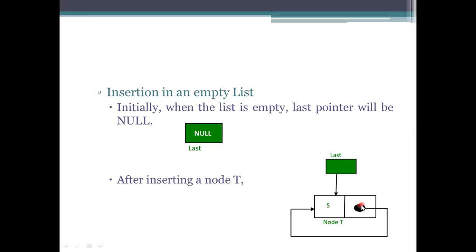In a circular list, the last, the tail pointer, has to go to the head. So here, what we are representing is the last and the next, with head and tail both. That's why we have done this. Next, as I said, whenever we insert an element, we need to represent that element as the last one here.